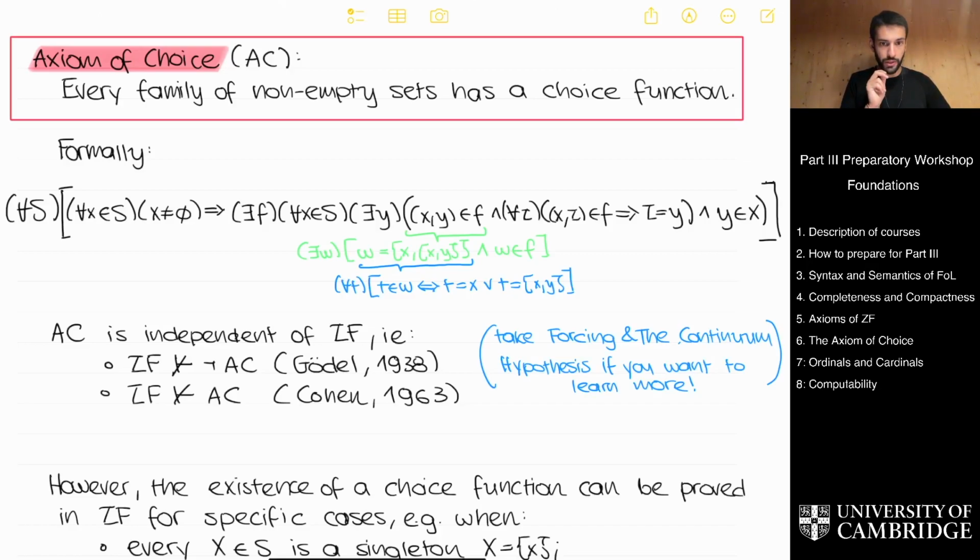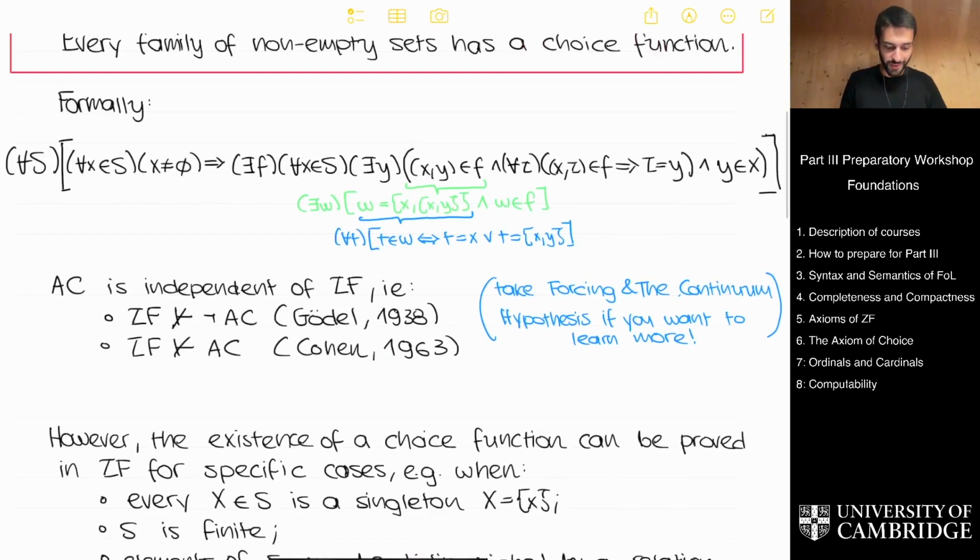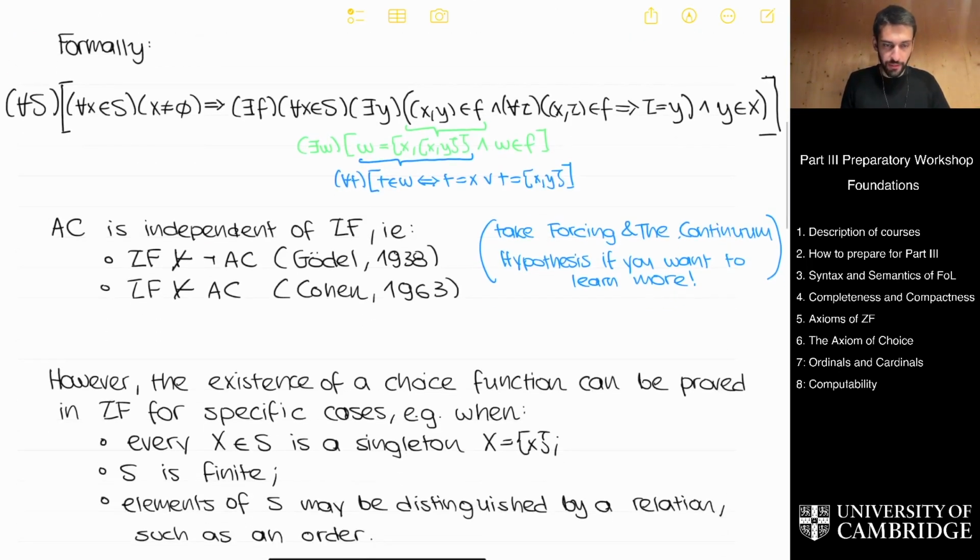And in order to show this, Cohen developed the technique of forcing. And this is something that you will see much of, and in fact you will learn about this if you take the forcing and the continuum hypothesis course, which I think you should do because it should be very interesting. Okay, so nonetheless, despite the fact that in general the axiom of choice is independent of